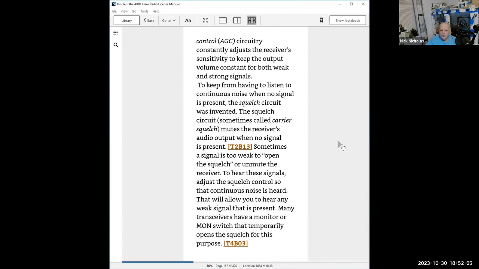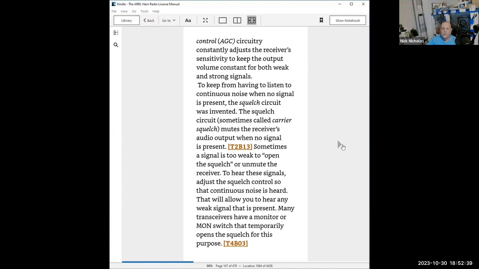Receivers use AGCs, and so do transmitters. What an automatic gain control circuit does is easy to understand if we talk about TV commercials. If you're watching a TV show or a movie and all of a sudden the commercial comes on and it comes out blaring, you sit there and go, why can't they make it so it doesn't blare at me on the commercials? Well, the answer is because for a few dollars more, they could add an automatic gain control circuit,